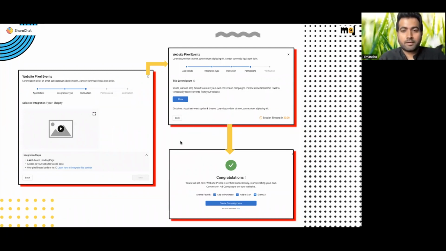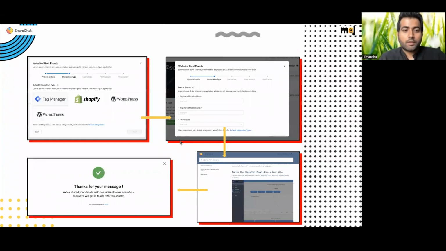So next slide, please. So for the integration, people who do not have any of these options present, right? What do they do? For them, we have a section just below WordPress, which is basically, don't want to proceed with the above integration type, click here for direct integration, right? So once you click on direct integration, you will land on this screen, which will ask you for some information, which is your registered email address, mobile number, and the tech stack you are using. For example,